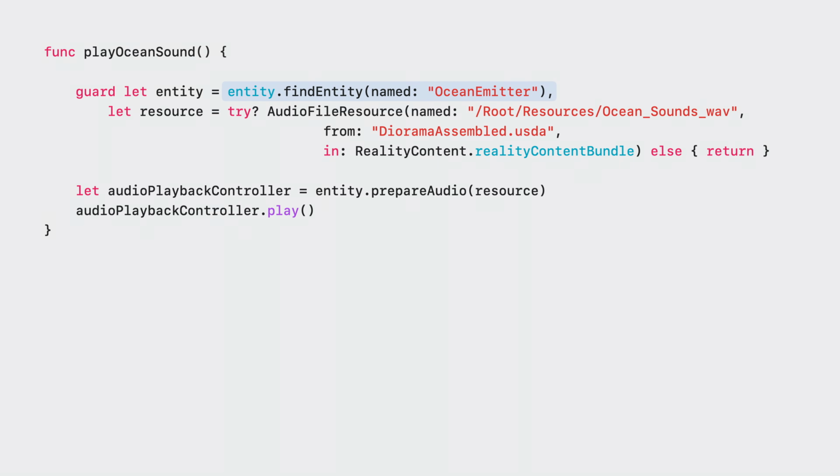To play this sound, we'll get a reference to the entity that we put the audio component on. We've named our entity Ocean Emitter, so we'll find our entity by that name. We load the sound file using the audio file resource initializer, passing it the full path to the audio file resource prim in our scene. We give it the name of the USDA file that contains it in our Reality Composer Pro project. In our case, that's our main scene named